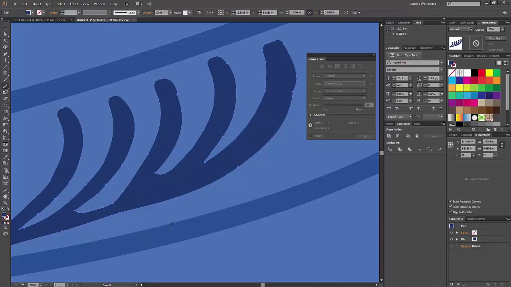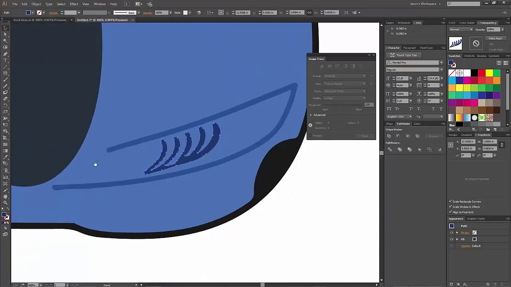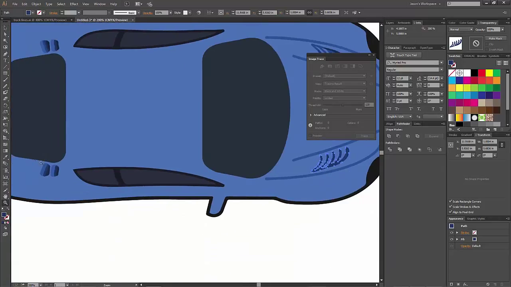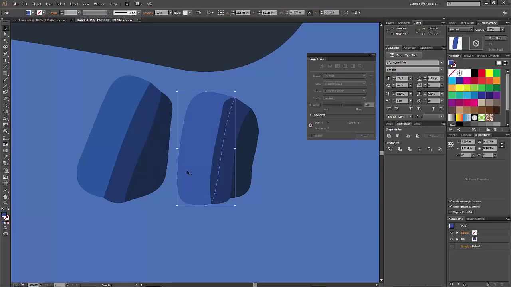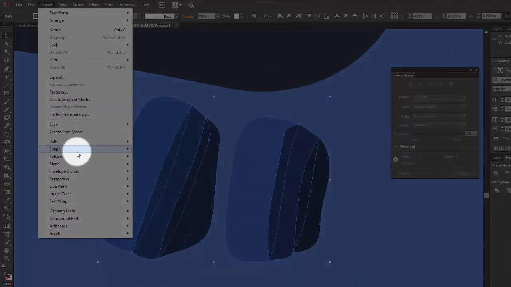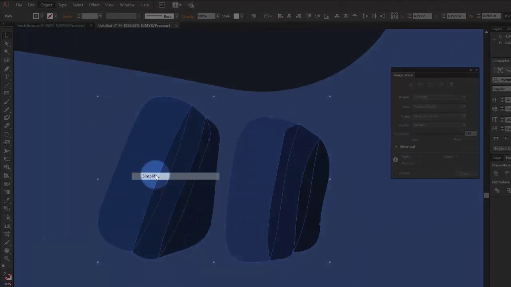Let me just show you one other thing before we finish here that might help you. Let's go to the back of the card and look at these air vents, I guess they're vents or whatever. We look at it in outline mode, and you can see the shapes are overlapping each other. I'm going to select these, and you may or may not know about this, it's kind of hidden, but if I go under Object with everything selected that I want to manipulate, and I go under Path and Simplify,